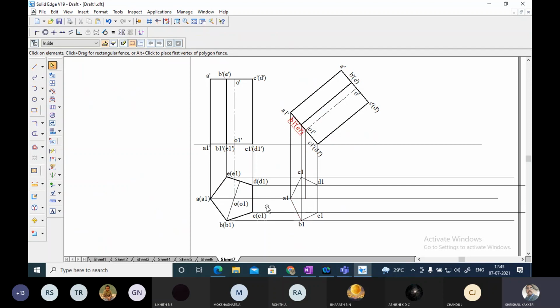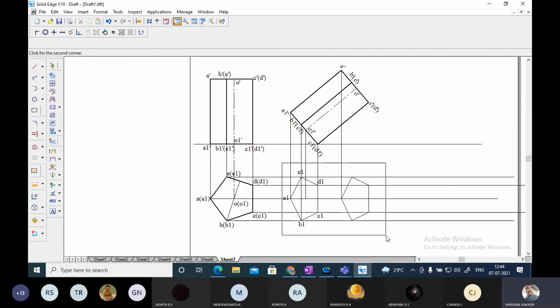Now from A, I want to take one reference point. Okay, A, to make it easier. Let me take a line from A and extend it up to A. Now what I am doing is, I am going to copy this. Actually, you should not do it. You have to project, but you need not waste the time, so I am showing this. From A, you copy this and locate here. I have copied. Then next, you show the top face of this.